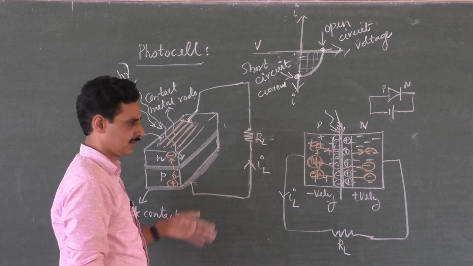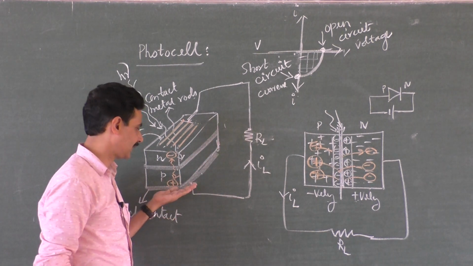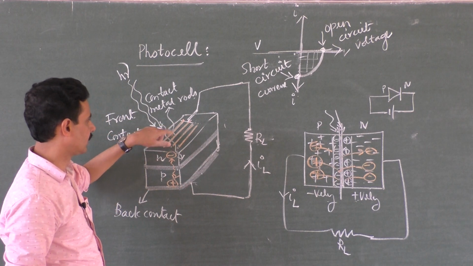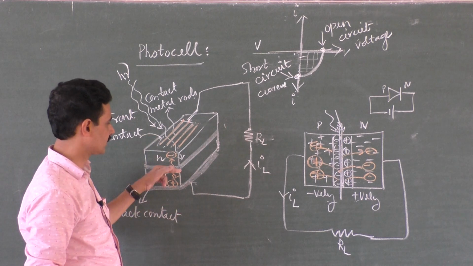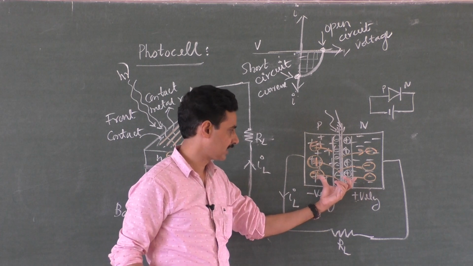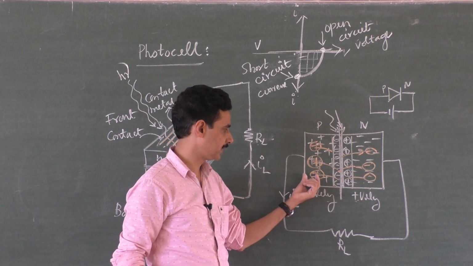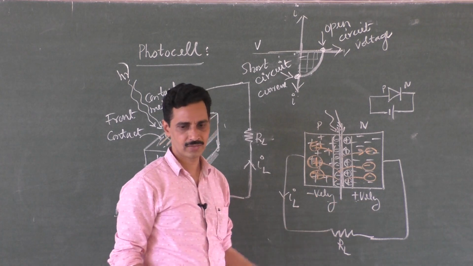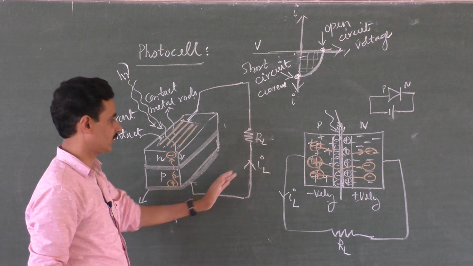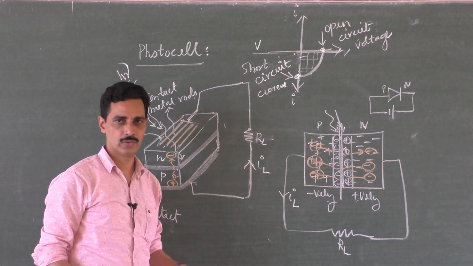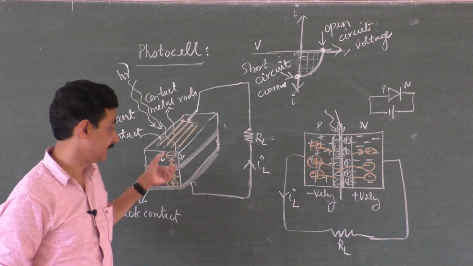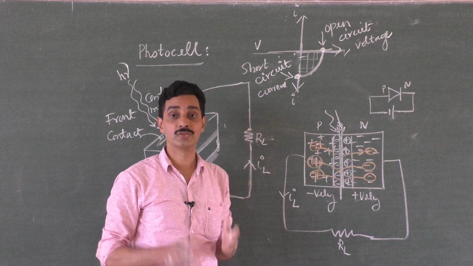And how is it constructed? With a p-n junction, the p side is connected with a metal base, and the n side has some front contact metal rods. When light falls on the junction, electron hole pairs are created. They move away from the junction. Electrons move to the n region, holes move to the p region. That creates positive and negative charge across the junction, which itself makes a cell. If you connect it across an external load, current flows to the load, driven by the cell itself, and the cell acts like a source of energy.